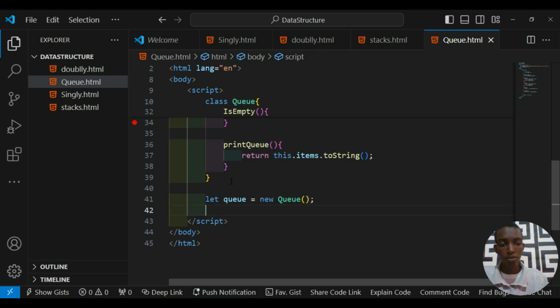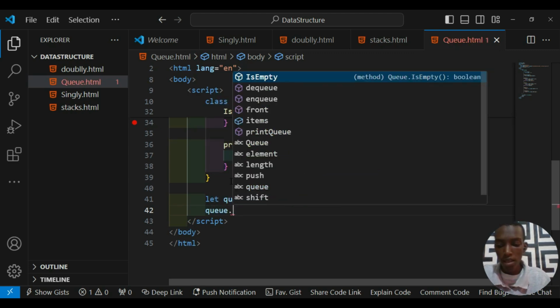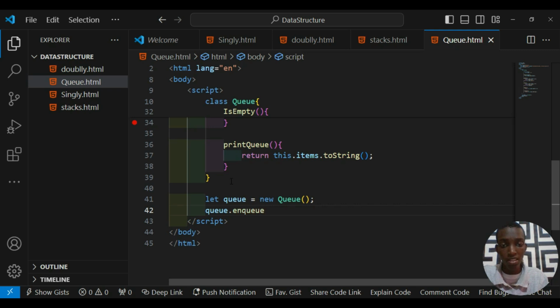The first thing to do is to add to the queue. I can say queue dot enqueue. Remember, that's what the method stands for, to add for us. So enqueue of 10. Now we say queue